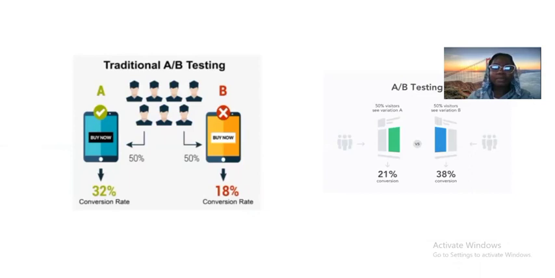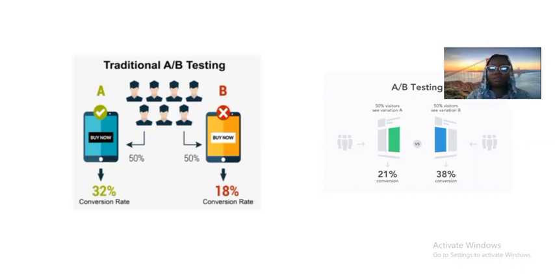So let's say you have a website and you want to redesign a particular web page. Say, for example, the checkout page of the website. So in A/B testing, you don't just roll out that new page to users because you don't really know if it's better than the one you had before. So in A/B testing, the new version is the B variation, and the original one is what we call variation A.